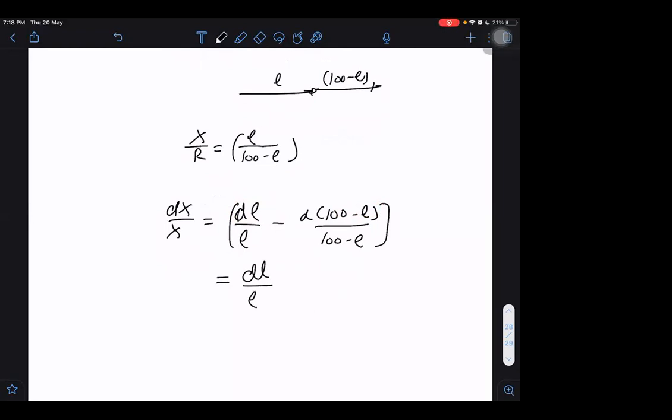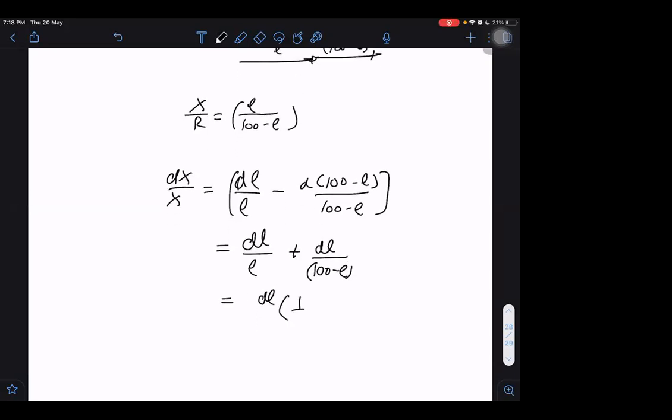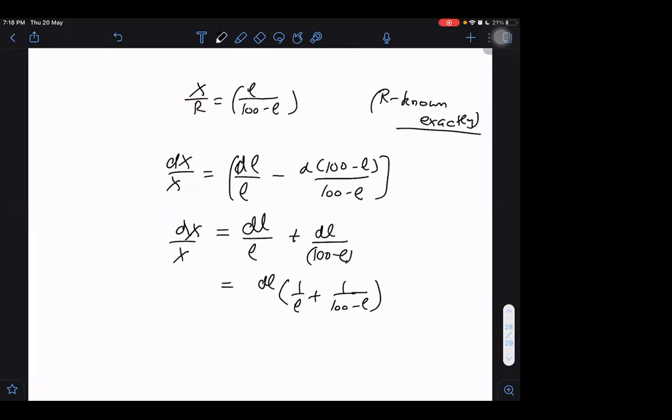Okay. Yes, sir. We cannot take plus in the beginning. Minus of minus automatically became plus. So now do I have to take anything? That is already plus now. So it is becoming dL into 1 by L. What about R, sir? R is having, let us say, 100% known value. R is known to us exactly. If it is known, dR will be 0 then.